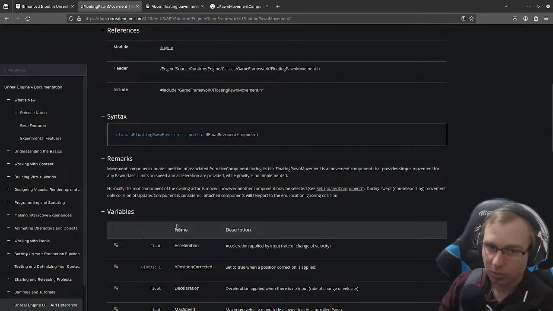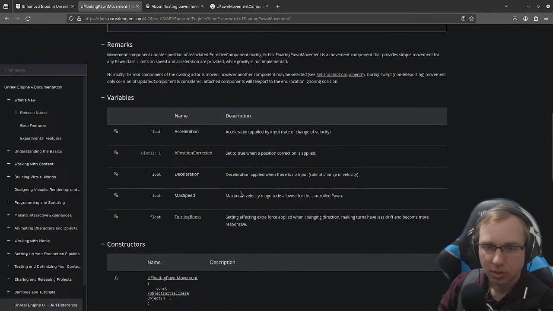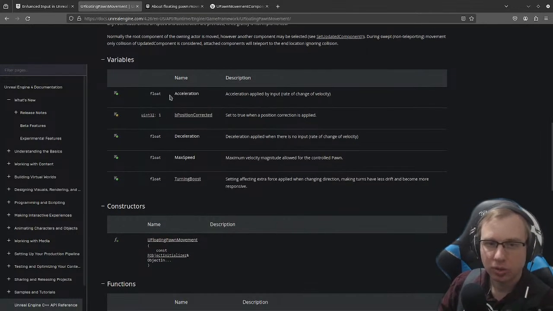This sounds exactly like what we want, but it also sounds like rotation is not implemented. So we have acceleration, deceleration, max speed,